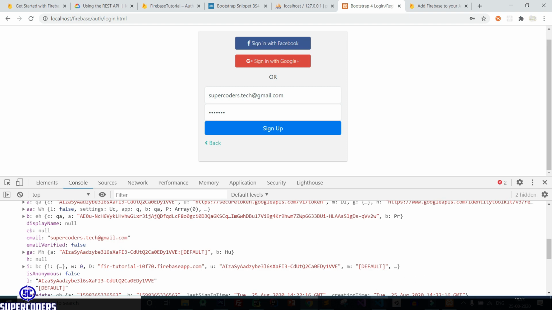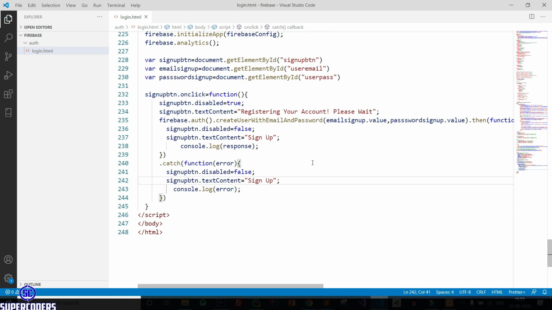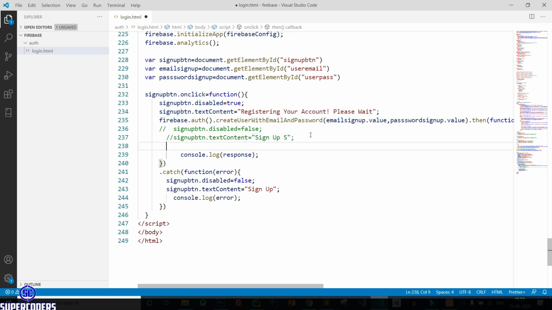So again back to VS Code, and here after sign up, so let's see, sign up successfully, or remove this, and here sending verify email and pass this button, save here.